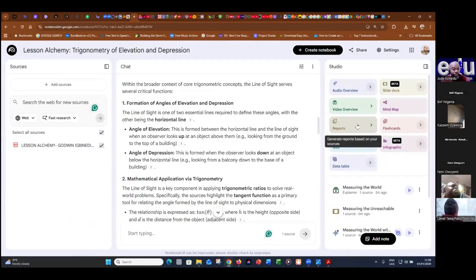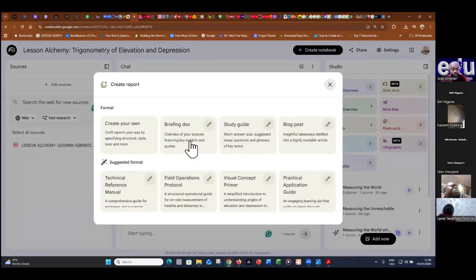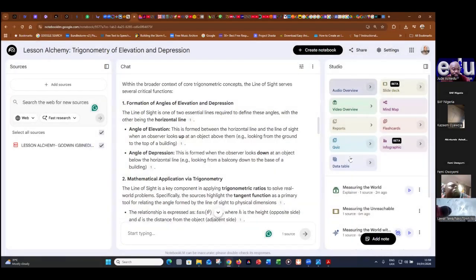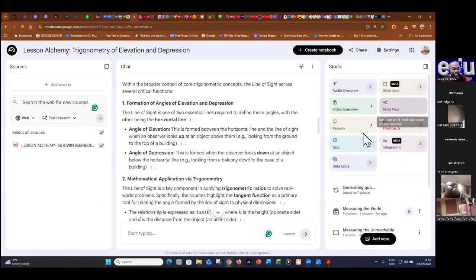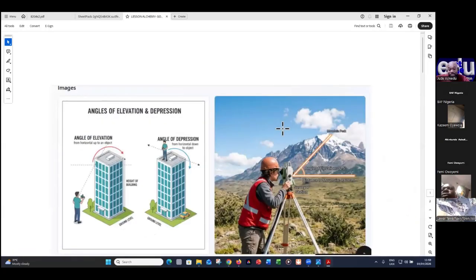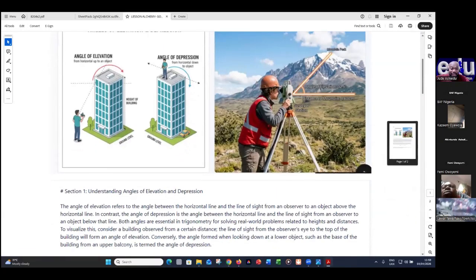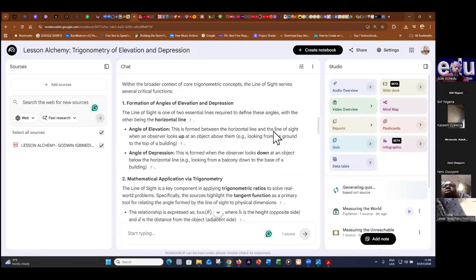If you create a report, you can create study guides for students and all that. You can create quizzes, and you can create a data table. So these are 1, 2, 3, 4, 5, 6, 7, 8, 9, hopefully 10 contents that you can generate from just this PDF. So that's enhanced content for you as a teacher, which your students can